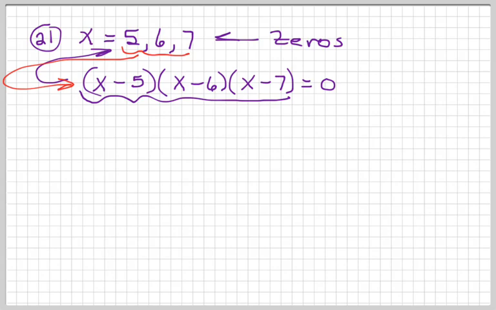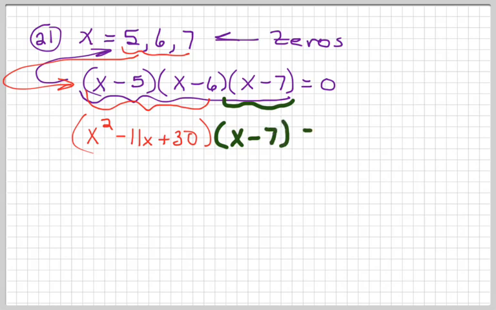Okay? Now we don't want to leave it in factored form because they want the polynomial in standard form, so what we have to do now is multiply these together. So I would do the first pair of binomials, and I'm going to do those quickly, but again distributing everybody. We get x squared minus 11x plus 30. And then we have to take that times this third